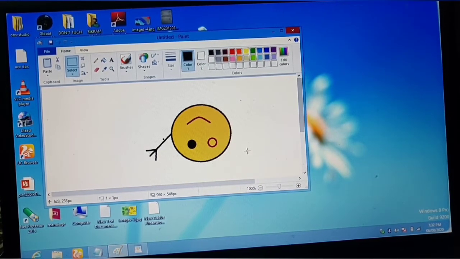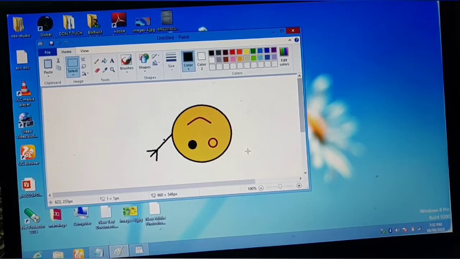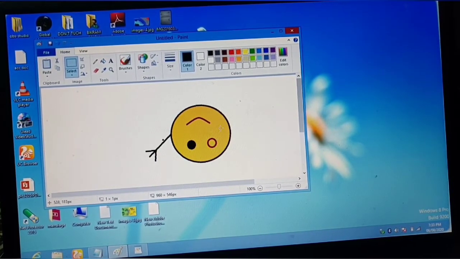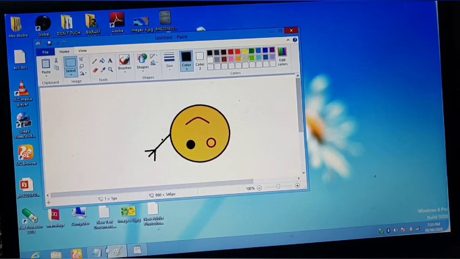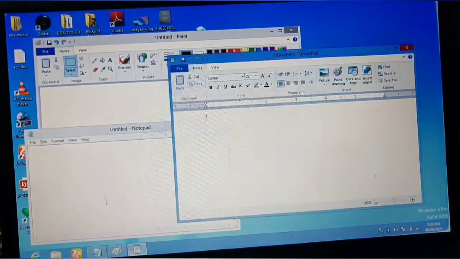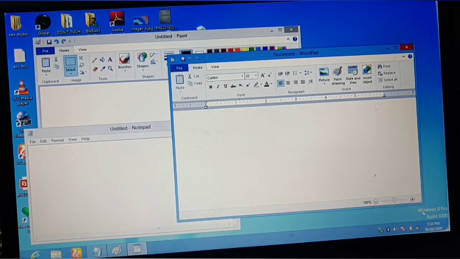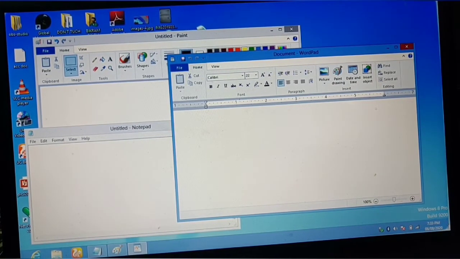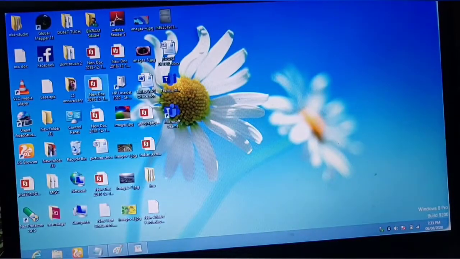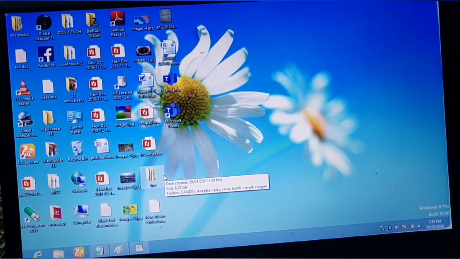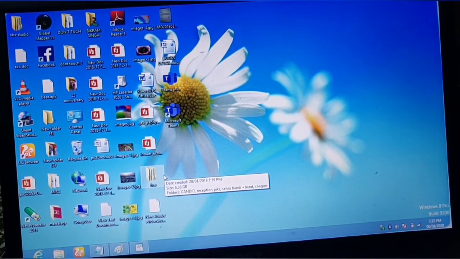So if there are so many windows on your desktop and you are not able to see the desktop screen, what you have to do, again I am repeating, if you have 3 windows on your screen and you are not able to see the desktop screen, you have to take your mouse pointer to the right side where the show desktop button is present. You have to single click on it and all the windows will be minimized and you will be able to see the desktop screen. So this is how your show desktop button works.